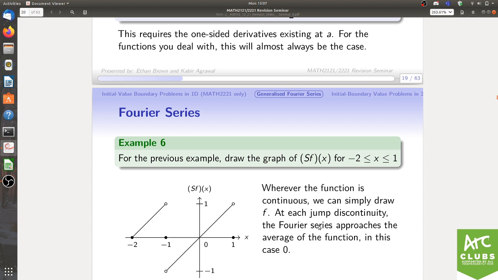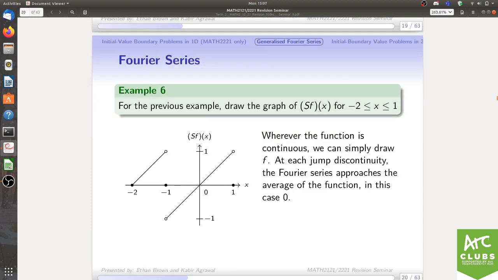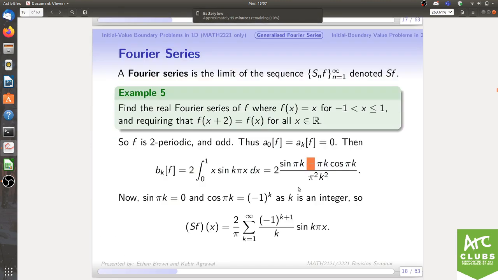Okay, so in terms of this one, let's suppose that we have the following example. This one is similar to the one that we had earlier, except this time over -1 to 1. So using that previous example, we had,